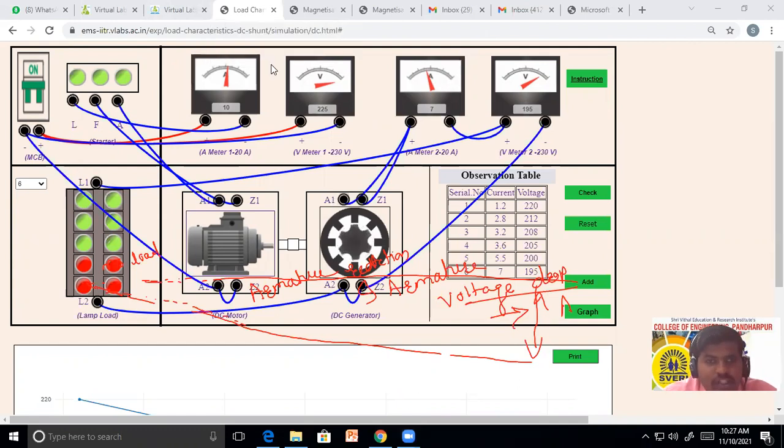So simple, connection is there, already connection पण दिलेलं आहे, connection diagram पण दिलेले असेल, त्याच्यावरून आपण diagram पण draw करू शकतो. So just connect these terminals and run this machine and take readings at different load conditions and just plot a graph. Okay, so this is related to total characteristics, or internal and external characteristics.